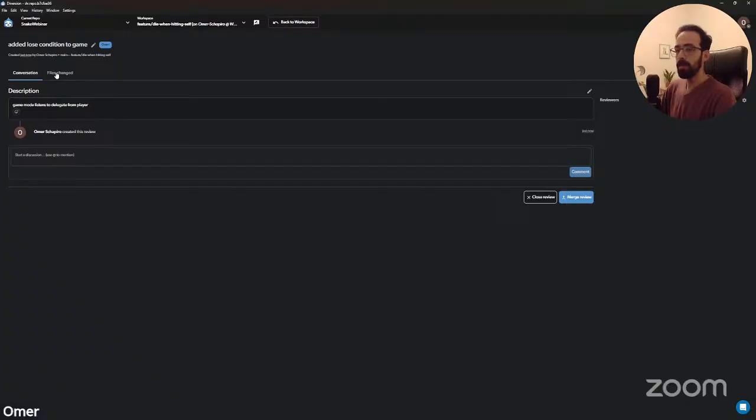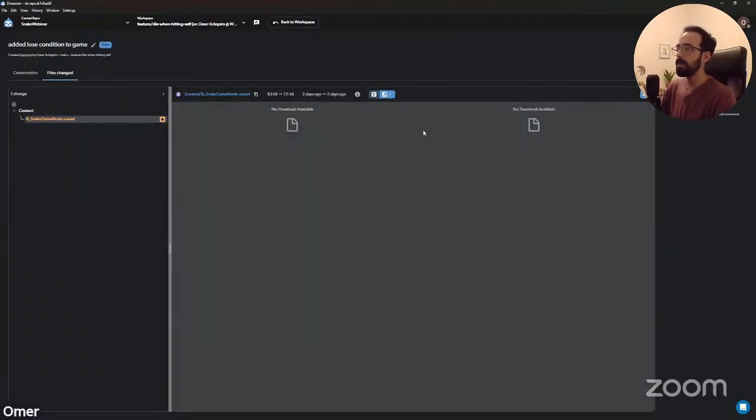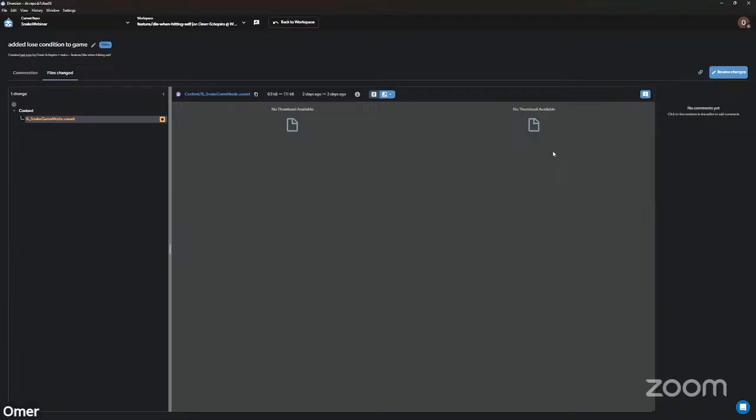And if I look in the files changed, I see here, well, right now this is a blueprint, so I can't really see the contents of the blueprint, but if this was a code file, I would see the code. If this was an image file or a model, I could see them side by side in a comparison. And I have here exactly where my face is hiding. This is actually a bit of feedback from last time. So let me remove my face. Ah, there you go. I can see a place where I can leave comments